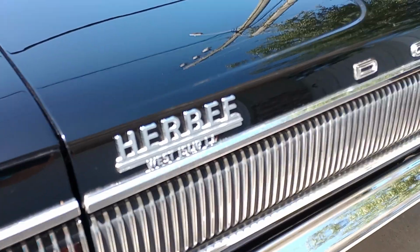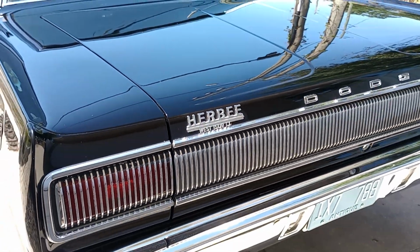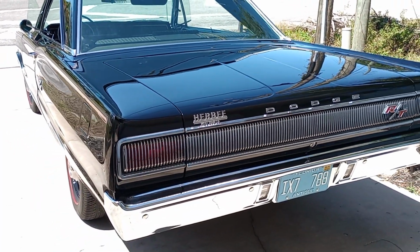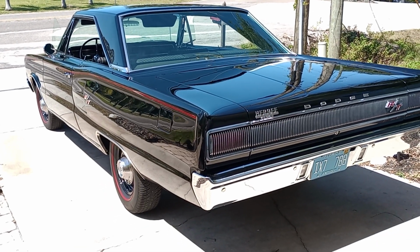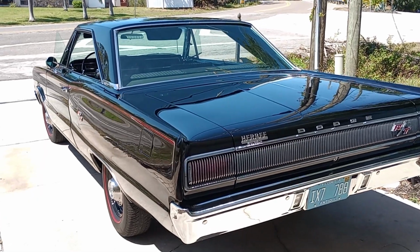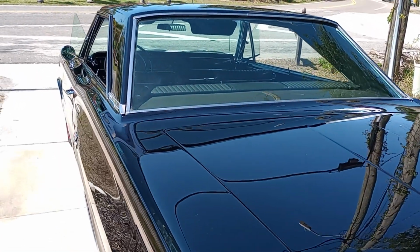Okay, Mopar fans, here it is, all cleaned up, ready for tonight's cruise-in at Hooters, Sarasota, Florida. We're going up there and have some beers and look at some cars. And, well, anyway, you get the idea. So,